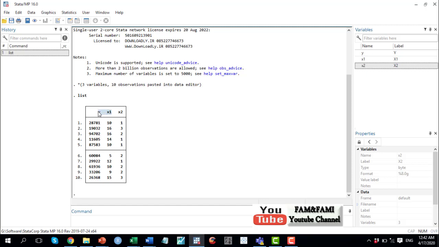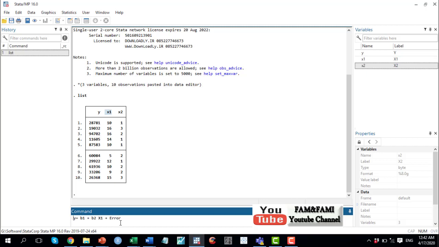Recall that in a simple linear regression model, we have only one independent variable. So I am considering x1 as the independent variable, and I am using this equation: y is equal to beta 1 plus beta 2 x1 plus error. So this is the simple linear regression model.